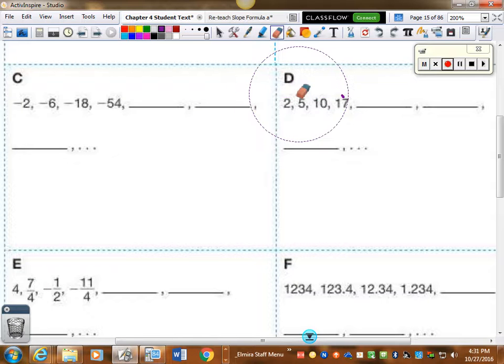All right, let's try division. 17 divided by 10 would be 1.7. 10 divided by 5 would be 2. And 5 divided by 2 would be 2.5. None of those are the same. So subtracting going backwards through the sequence didn't help me. Division going backwards through the sequence didn't help me. So I can say that this sequence is neither